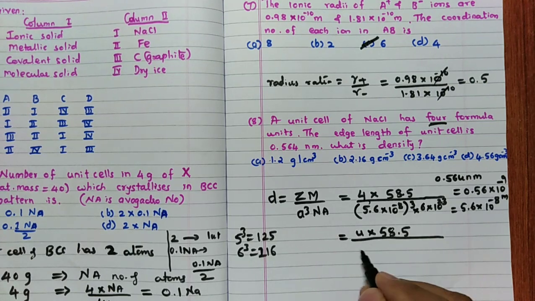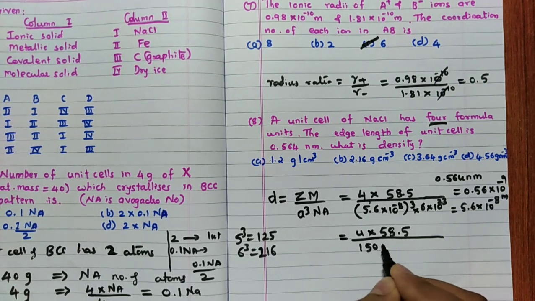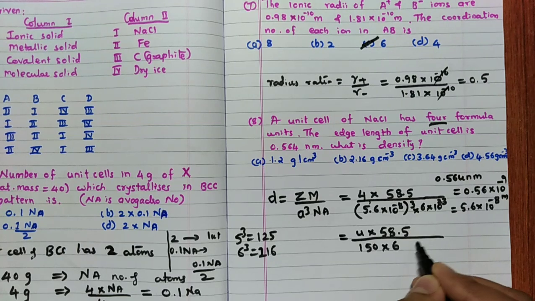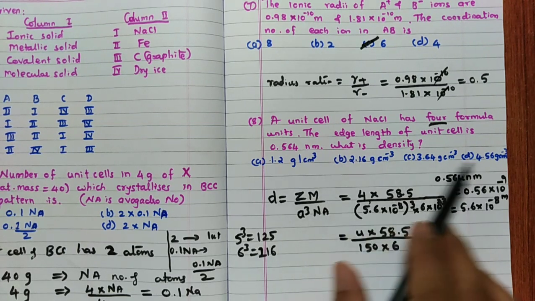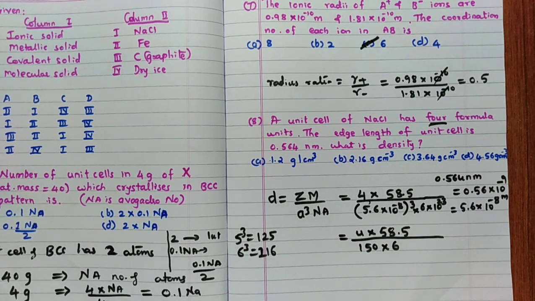So in between I will take it as around 150 into 6 and 10 to the power. Here 10 to the power you can say it is not there, means definitely it will get cancelled. Not necessary to worry about that. Here in shortcut how you can do that I am going to tell you.